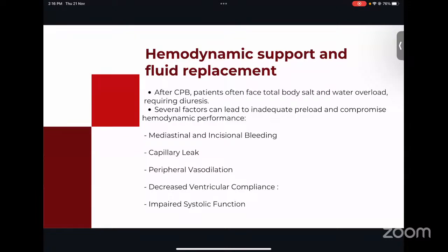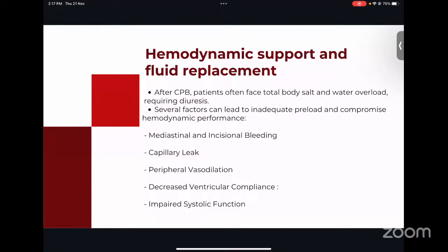Regarding the mediastinal and incision sites, bleeding from the surgical site can reduce the effective blood volume. Capillary leak: the systemic inflammatory response of cardiopulmonary bypass can cause interstitial edema. Peripheral vasodilation: medications such as propofol or narcotics cause peripheral vasodilation. Decrease in ventricular compliance